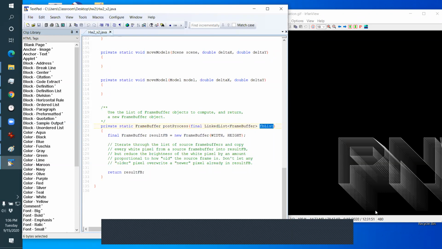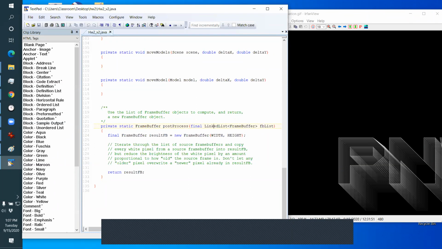You want to scale from 1 to 0.1 in steps. And remember, there's 30. The number of steps would have to do with the length of this list. You have to step from the front of the list and decrease the intensity from front to back in 30 steps, or however long the frame buffer is,